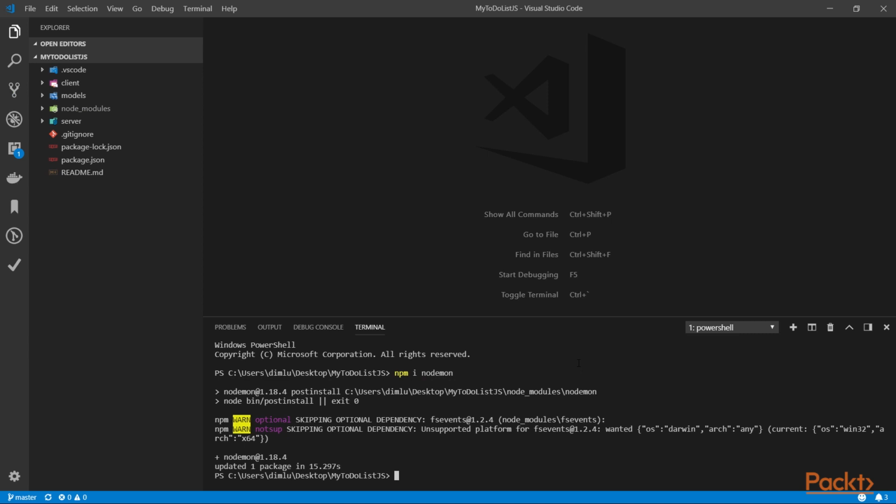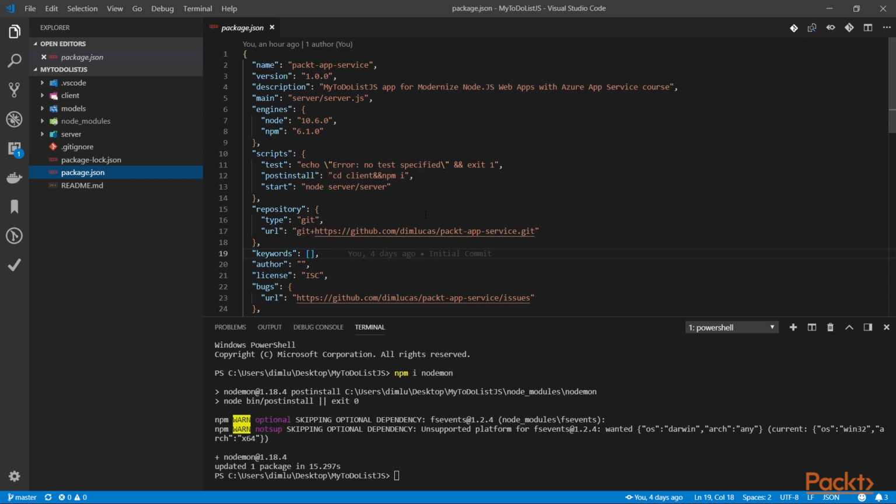I'm going to install NodeMon as a project dependency, and then in package.json, in the npm start script, I'm going to replace the node server with a call to where the NodeMon CLI has been installed in our project. Remember, we're not using the default shortcut. We could use NodeMon server/server, but that wouldn't work because it wouldn't be globally installed in our server machine,